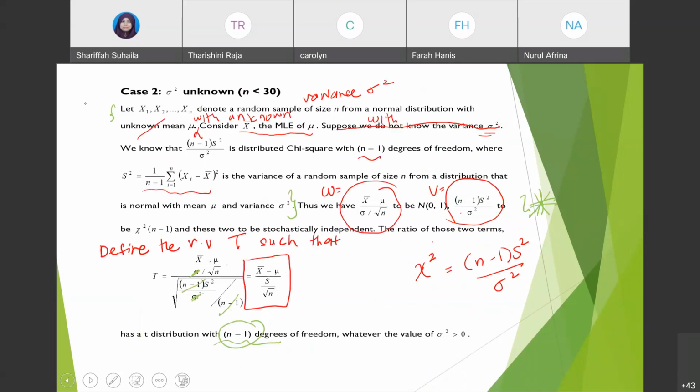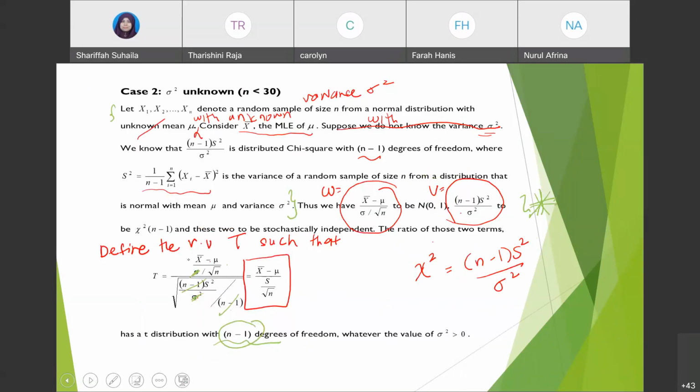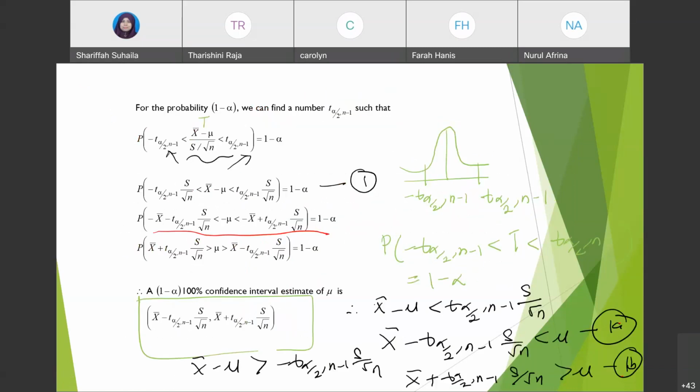So this is the introduction, how we start. For the random sample, what is the distribution involved? We have W standard normal, V is the chi-square. Taking the ratio will define your random variable T, which is W over square root of V over R. This is the simplified form. Now you want to construct a confidence interval for 1 minus alpha. So start by writing minus T alpha over 2 less than T less than T alpha over 2, the probability is 1 minus alpha. And then rearrange your inequality, modify, and then rearrange back. So this is the last formula that you will have.